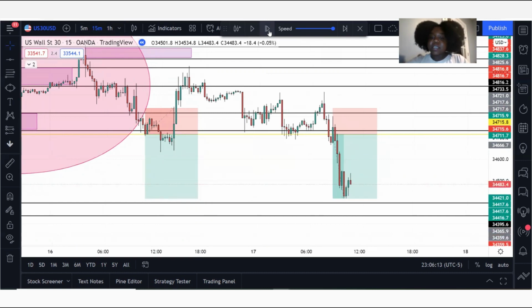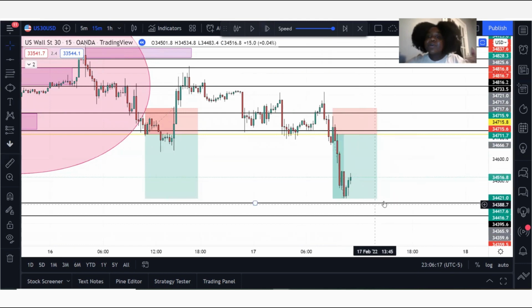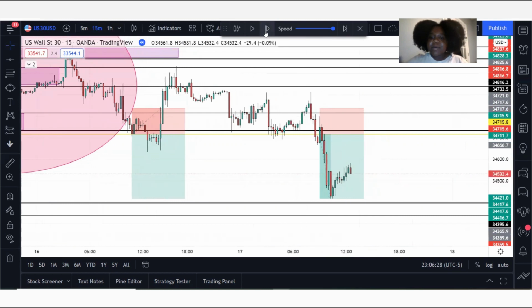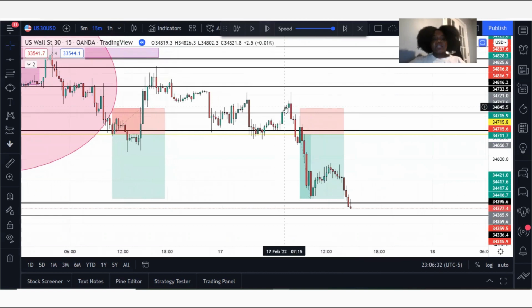I'm just way too nice. And look, after it hits my TP, it starts retracing back. And this is why I say you don't always have to have your TP exactly around the zone. Give it some wiggle room. It might actually come back down, but I don't know. Okay, it did go back down. Anyways, honestly,